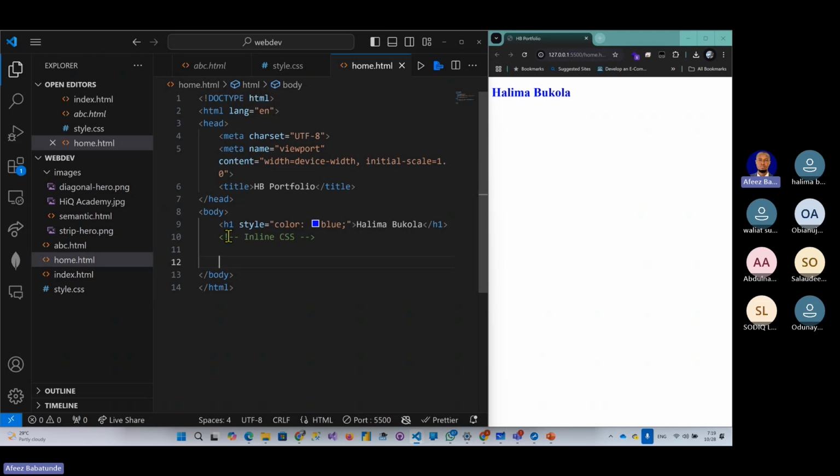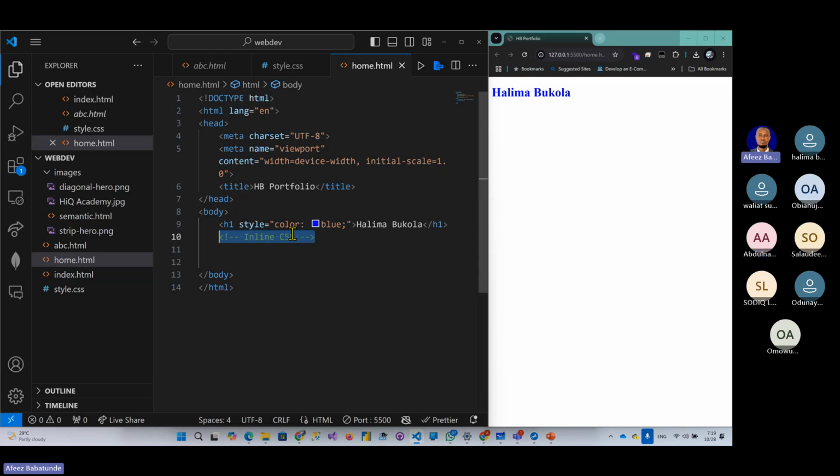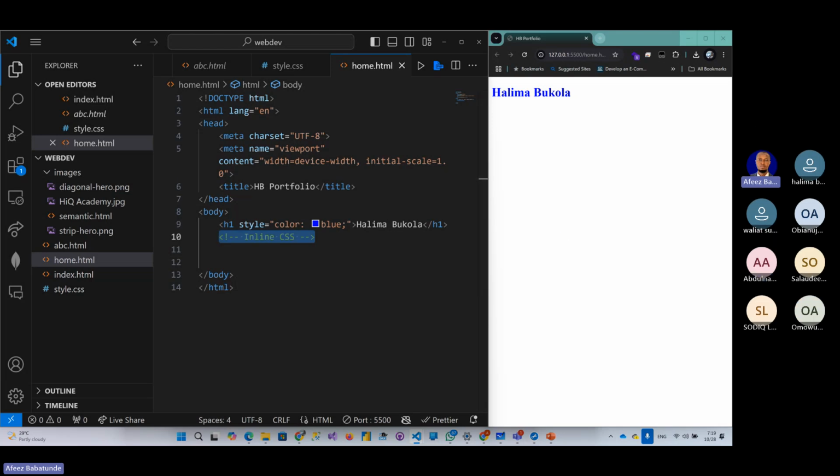When you want to give a comment, for instance, you are writing your code that processes something from front end to back end. Probably that code is to perform an action, maybe submit a form. Okay, this code is my registration form code. I can comment it and say, beginning of my contact form and the end of my contact form, so that if at any time you want to edit anything, you can simply search on